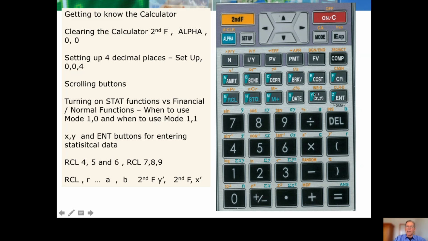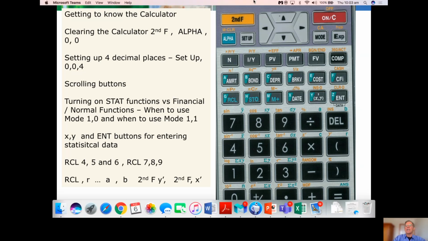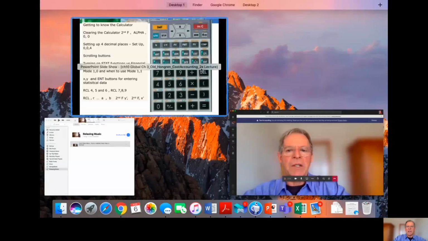So we're going to use this XY key for the X set of data. For example, if the labour hours were 45, the first set of data for our labour hours, we'd go 45, press XY, and then if the dollars corresponding to that 45 labour hours were, say, $900, you'd key in 900 and then press the enter key. The screen will say data set 1, and so you'll know that you've successfully entered the